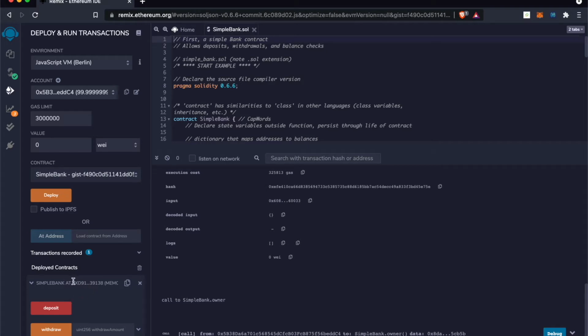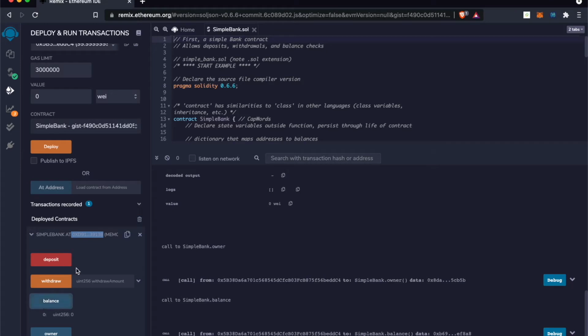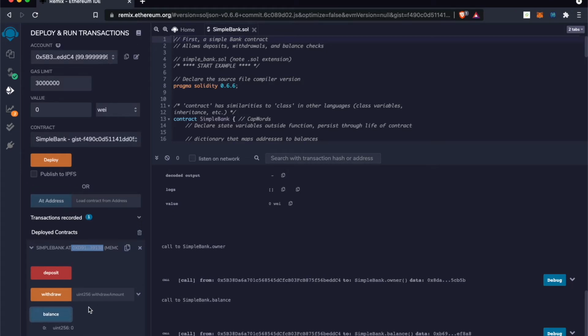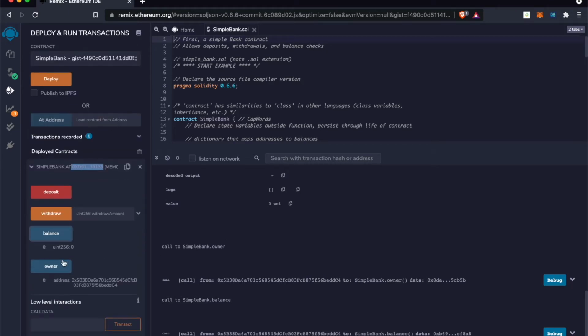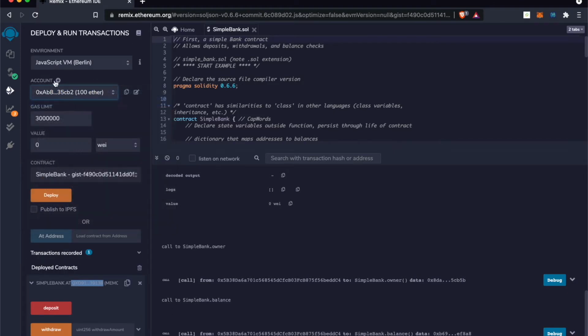Not only that, you also see where the smart contract resides on the blockchain, and this is a particular address here. You can have a look at the current balance of the user. So in this particular case, my user, who is also the owner, has a balance of 0. But what you can also do is switch out the users, because this is just